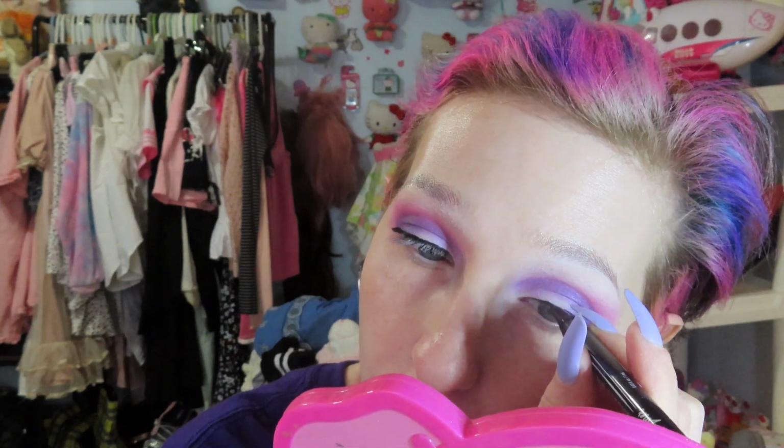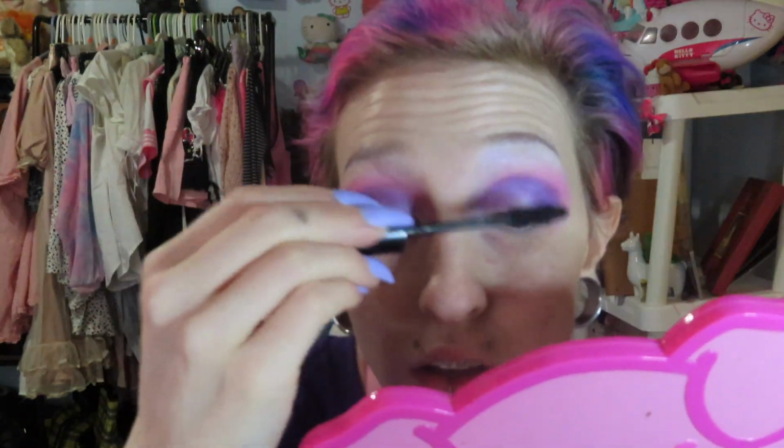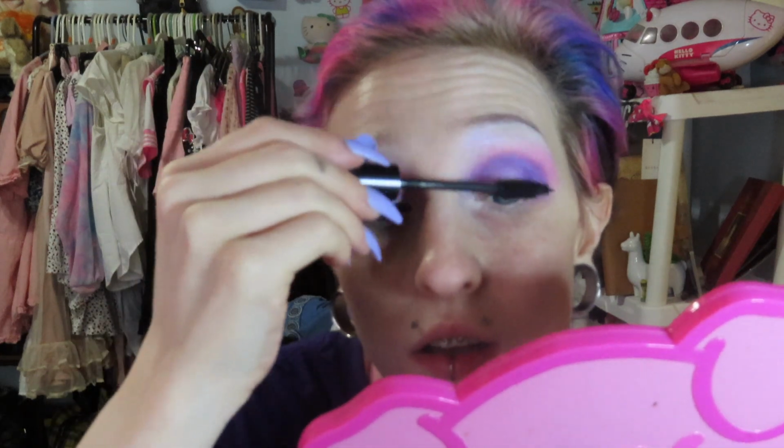And then we're pulling the wing downwards as opposed to pulling it upwards, because rather than lifting the eye, we're actually going to droop the eye downwards, but not in an unflattering way. This is going to create the puppy eye trend look. It's just going to give your eyes a more doll-like appearance, and it just has a more cutesy vibe. And then I'm going to put on a ton of mascara